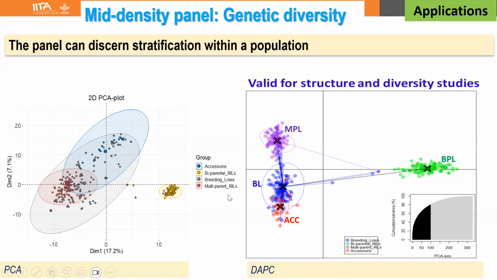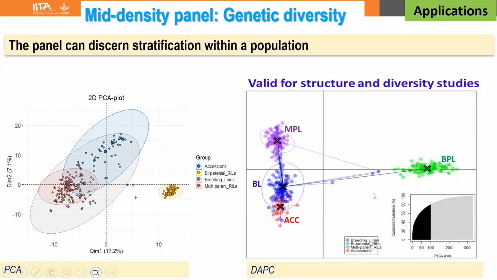And then there were a set of breeding lines that we also included, and a group of MAGIC lines. These sets of materials, we basically know their background, and it was good that we put them together and see how the mid-density panel is going to classify them. And interestingly, when we ran the cluster analysis, we tried both PCA and DAPC,